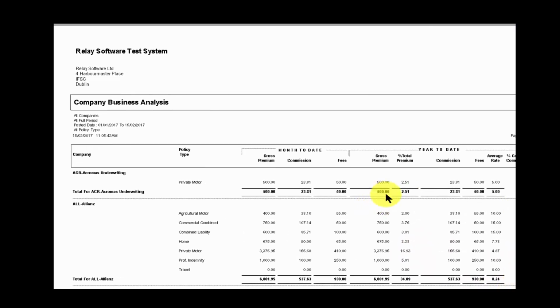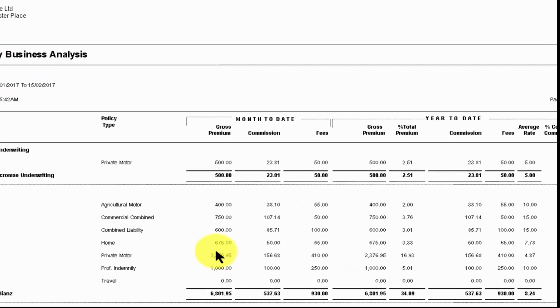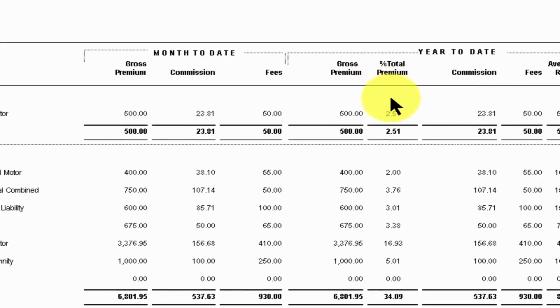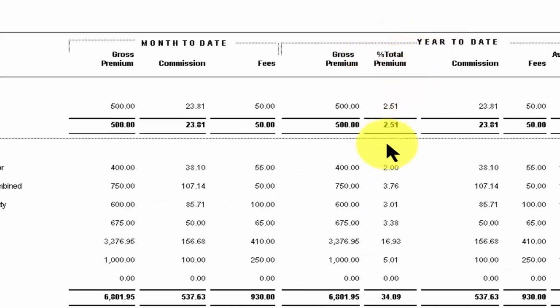I'll just scroll over. So you can see here, this is a company business analysis report, and it'll list the insurers one after the other in alphabetical order. Now it gives you some key details in terms of the gross premiums for each particular product, commissions and fees. So you can see maybe Allianz is a better example here. Allianz, these are the different types of products that we've sold through with Allianz, the total premiums, commissions and fees. But crucially on this report, you can see a percentage. So if I see here at year to date, percentage of total premium is 2.51% for ACR, but it's 34.09%